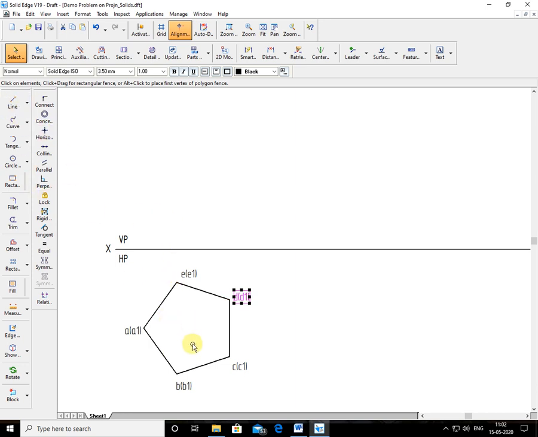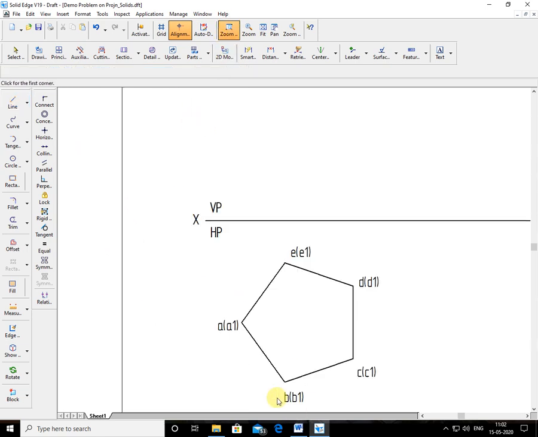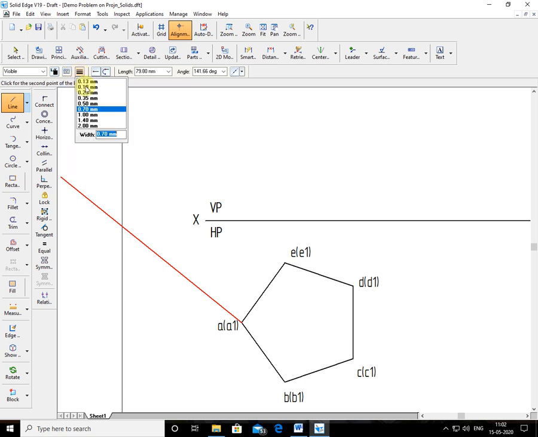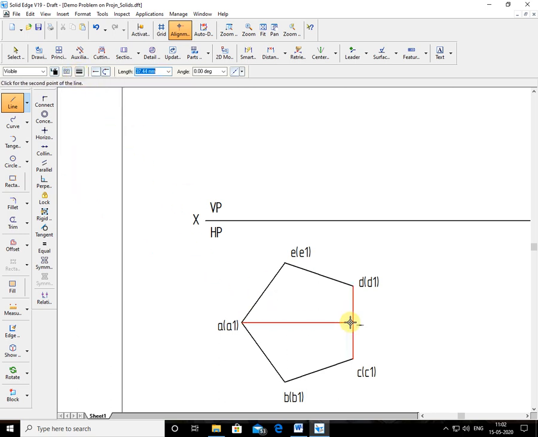Usually you have to do this in the computer also and in sketching also. You have to draw one bisector. Now see, I'll draw one bisector from this A1 corner. Okay, I'll zoom it once again. So from here I draw a bisector. This is just for construction purposes. I'll draw a very thin line. So I draw the bisector from this corner to the midpoint of the opposite line.